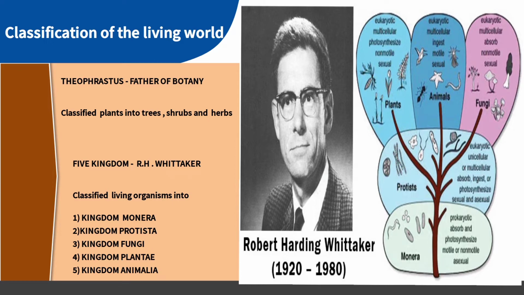And then the classification of the living world. What is the classification of the living world? We have already learnt in zoology. The father of botany is Theophrastus, and then Aristotle gave some classification, that is Enaima and Anaima: animals with red blood cells and without red blood cells. And then Carolus Linnaeus classified the two kingdom concept. He gave Plantae and Animalia. Likewise, the three kingdom concept was given by Ernest Haeckel. So many people gave different kinds of classification. That is what we will be seeing in this classification of the living world.